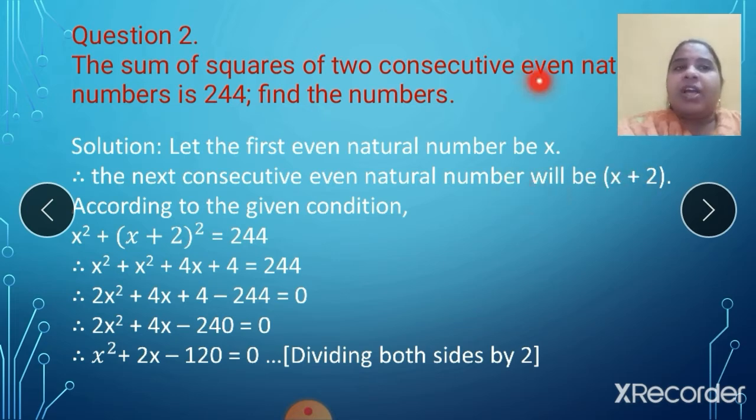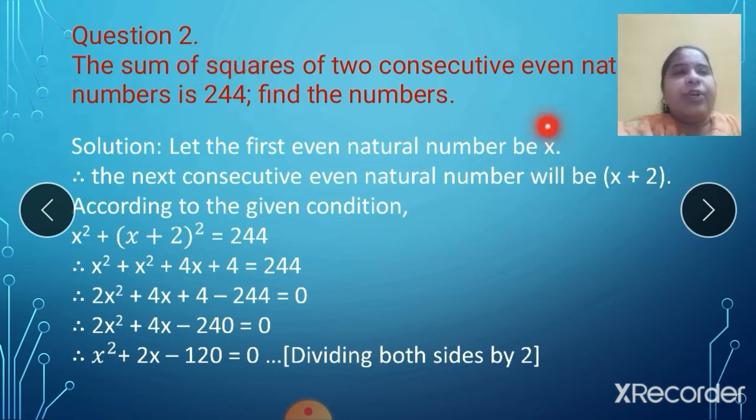Okay. Even if I ask you consecutive odd natural number, same assumption you have to take. x and x plus 2. Write it somewhere. That consecutive even natural number, it is x, x plus 2. Consecutive odd natural number, again it is x, x plus 2. But if I say consecutive natural numbers, I remove this word even or odd. So it will be x, x plus 1, x plus 2 and so on. Make a note of all these important points. Okay, so first step is over, that I have assumed. Then what is told? The sum of squares of, sum means plus, squares.